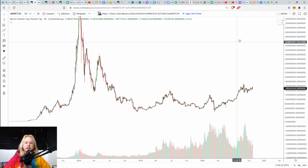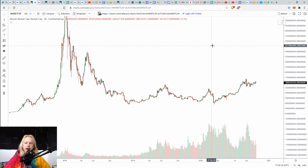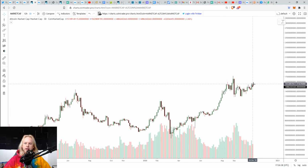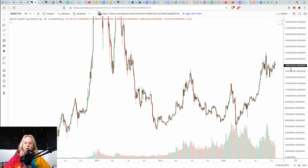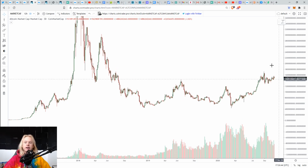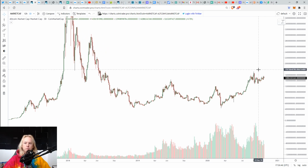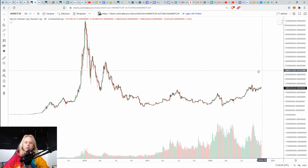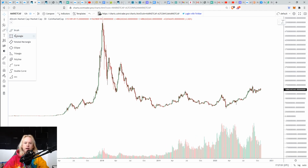Now, one final thing, guys, is let's take a look at the altcoin total market cap. Let's go over some big things here. Now, we're getting a little bit of a pullback here. Nothing too crazy. Overall, I expect that this is just a short-term correction before we ultimately go much higher. And so all the dips that you guys see today are buy-the-dip opportunities. If you missed out on buying over the last couple weeks, these times where the market is kind of dipping a few percent in those days, that's the time where you really want to be averaging into those positions, because when we look at this and we zoom out, we can see that this thing looks very, very solid